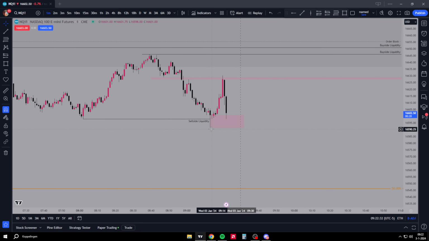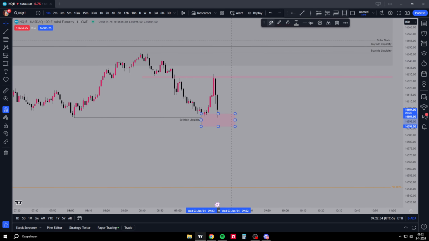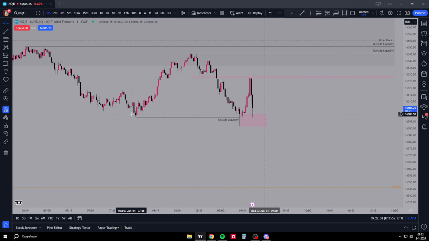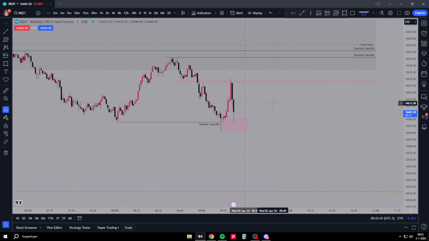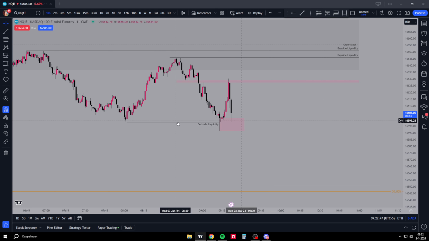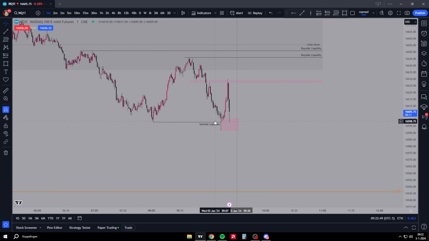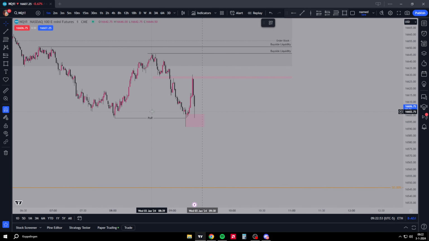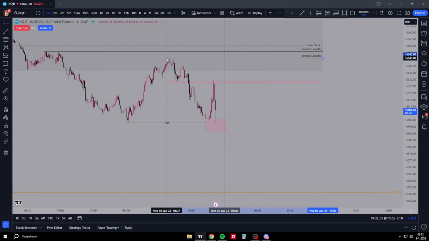I don't want to see us go through this low, because I just want to see this get built up, to be built up liquidity. So we have liquidity here, we have liquidity here. So yeah, that's what I want to see. And I would just use this sell side actually purge and reverse right here. So yeah, I would mark that out.